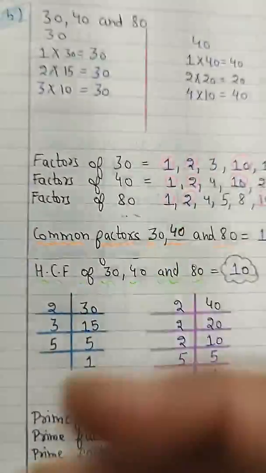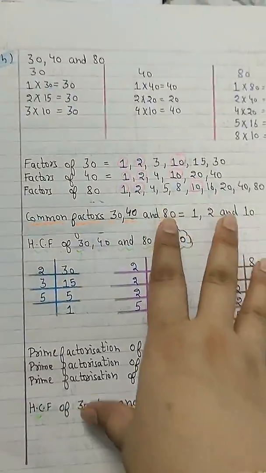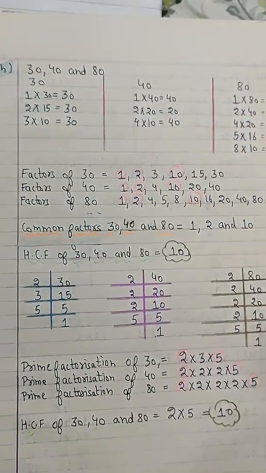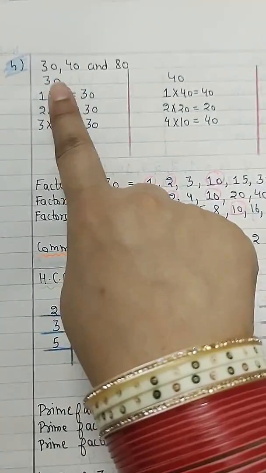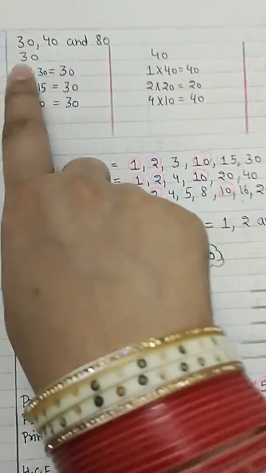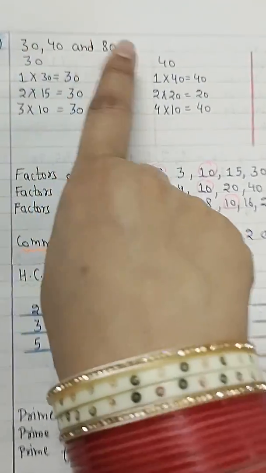Now in another question, the H part, I am going to give you some homework here. I am going to give 4 parts, as there are many parts of this question, so we are going to leave some parts here. Now as you can see, this is a little bit different, as it is having 3 numbers. Earlier we were having 2 numbers, now we are having 3 numbers: 30, 40 and 80.